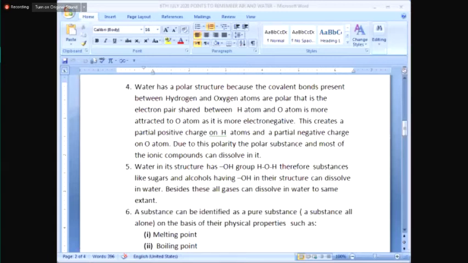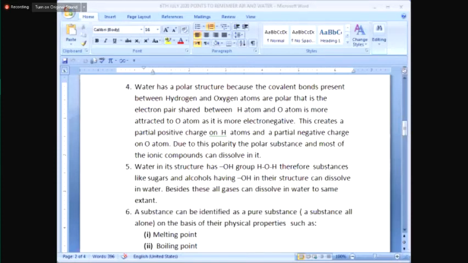So the OH group present in certain compounds like alcohols and simple sugars makes it possible for these substances to dissolve in water. Not that they are polar. The covalent bond present between them is not polar. It is the presence of the OH group in them. You'll study the structures of these compounds, simple sugars and alcohols like ethanol, C2H5OH. Simple sugars, if you study their structure, you'll see there's an OH group. It becomes soluble in water, and then their solubility decreases according to the alkyl group, which you will study later.